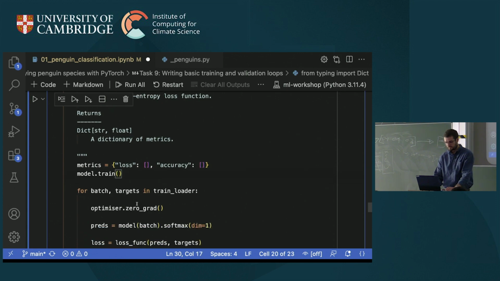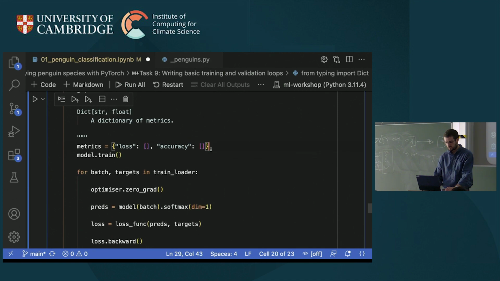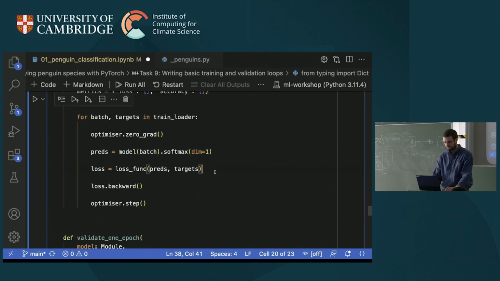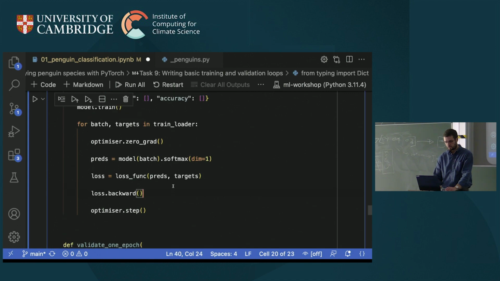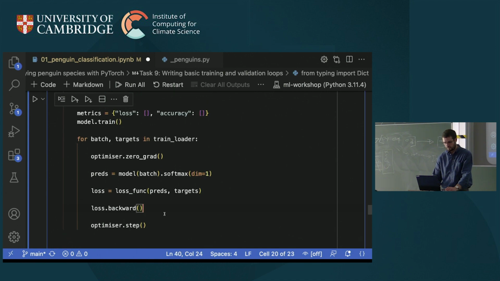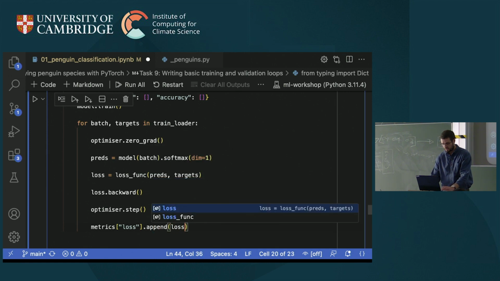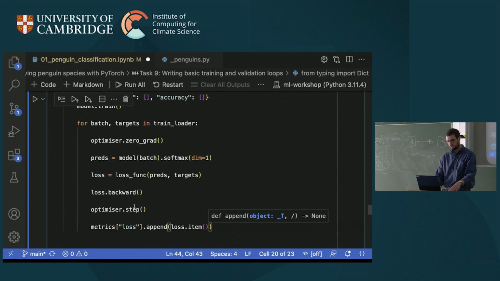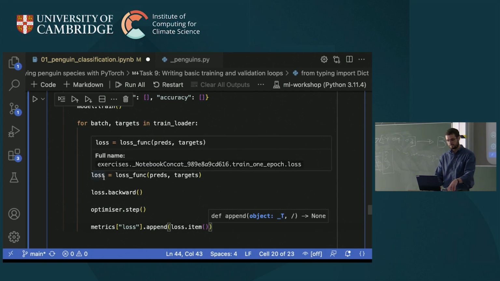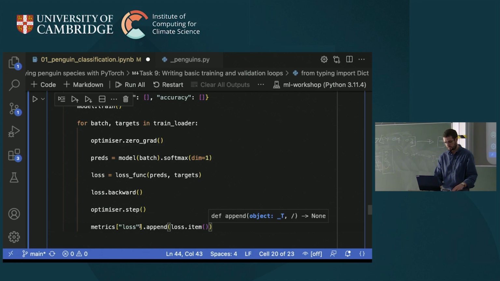So then we might, actually let's do both. If we want to store our loss, then we can add this simple line: metrics loss dot append, and then to get the number from the tensor, you just do dot item. So loss itself is a 1-by-1 tensor, but we don't care about all of the gradient stuff that tensor has. All we want is just the numerical value for the loss. So we do loss dot item,